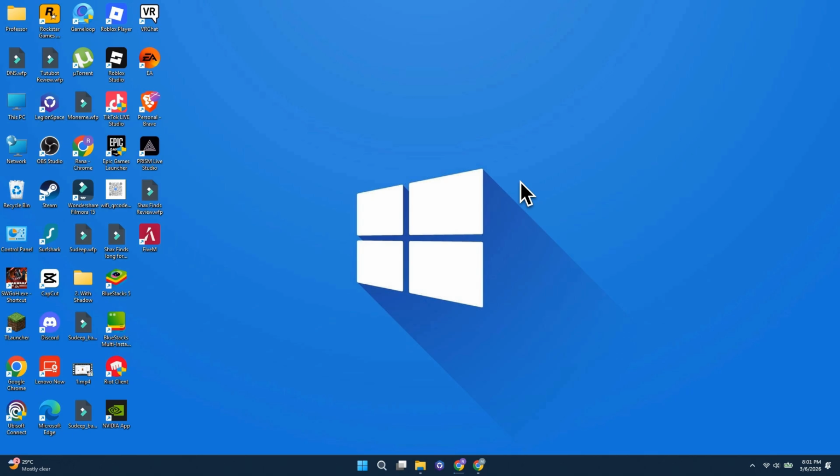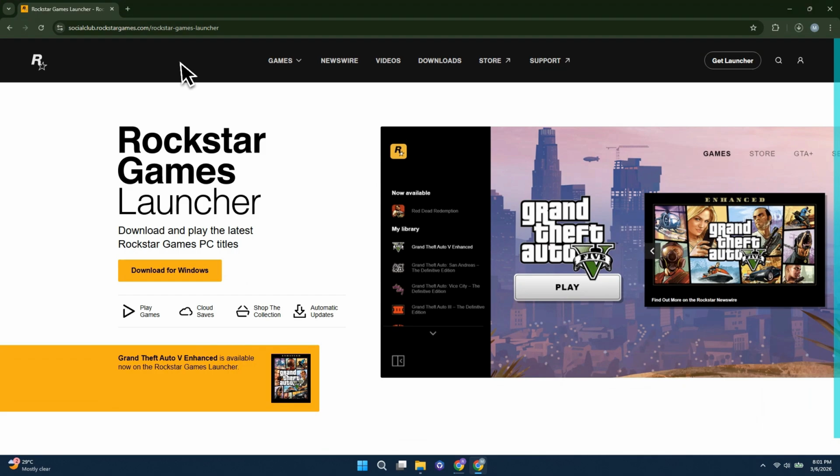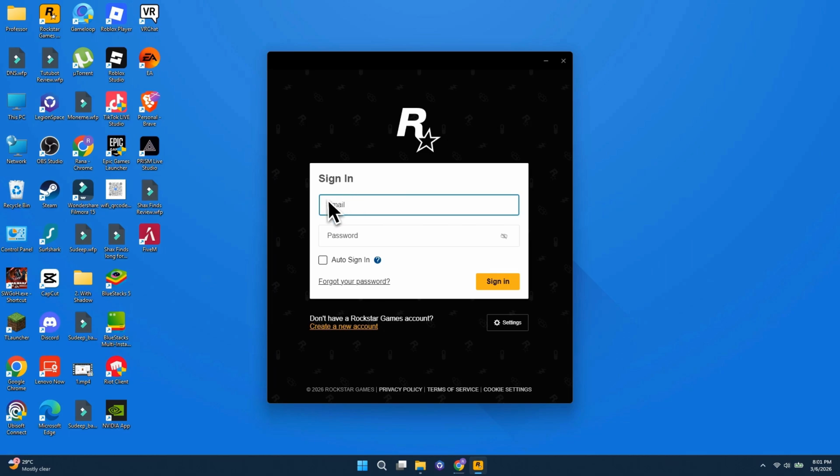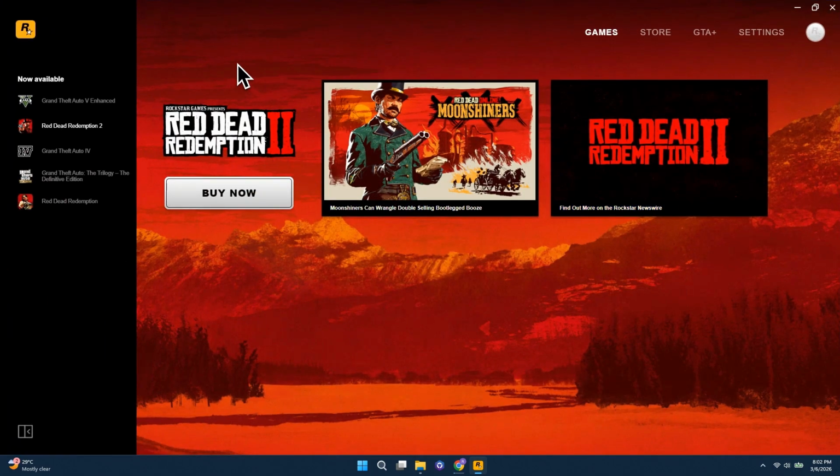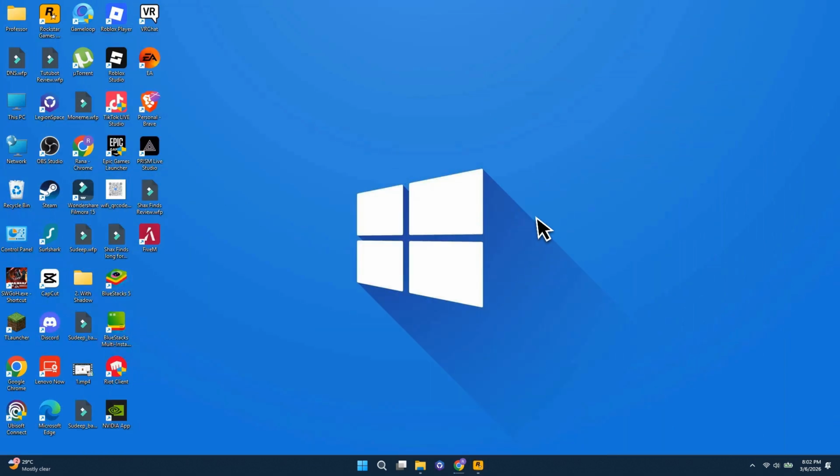The first thing you should do is make sure that the Rockstar Games Launcher is installed on your computer. If it is missing, go to the official Rockstar Games website and download the Rockstar Games Launcher from there. Once it is installed, open the launcher and log into your account to confirm that it is working properly. After logging in, launch GTA 5 at least once directly from the Rockstar Games Launcher. This step is important because it verifies the game files and creates the necessary registry entries so that FiveM can